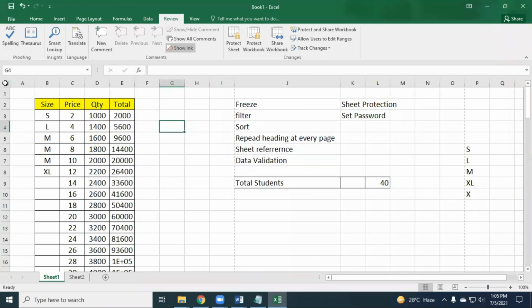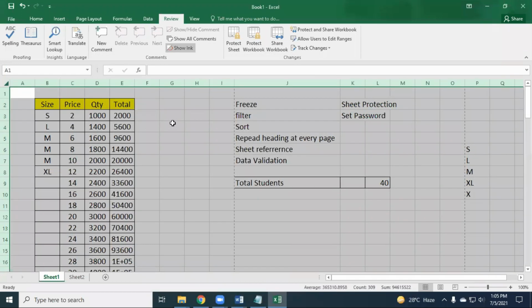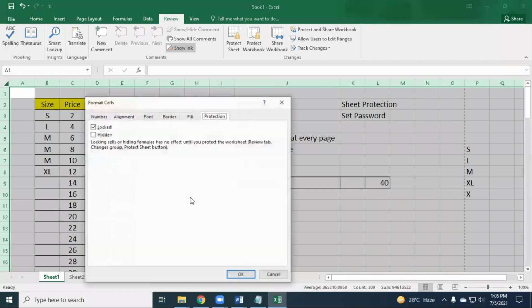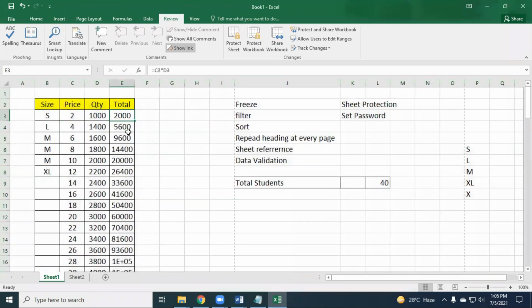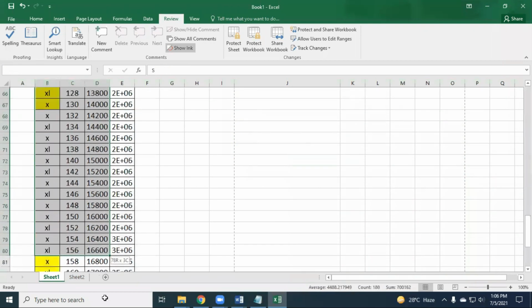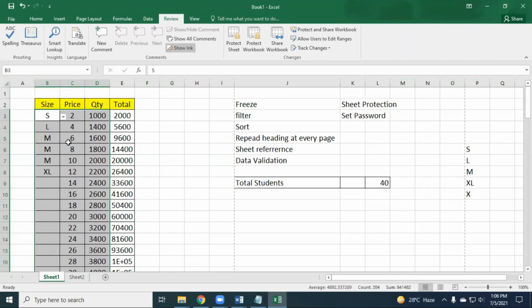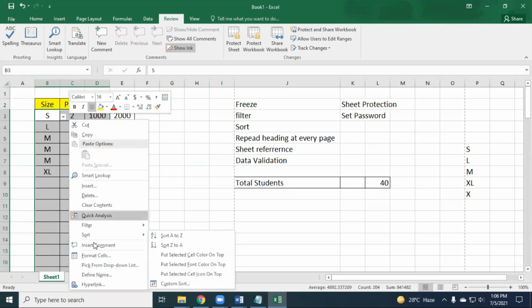What I will do is select all cells by clicking here, right click, Format Cells, then check Locked and Hidden. That means all cells are now locked and also hidden. Hidden means no one will see the formula. If anyone clicks here, he or she will not see the formula. All are protected and hidden. Now this area I would like to keep open, so that every user can enter values in this area. So select the area,